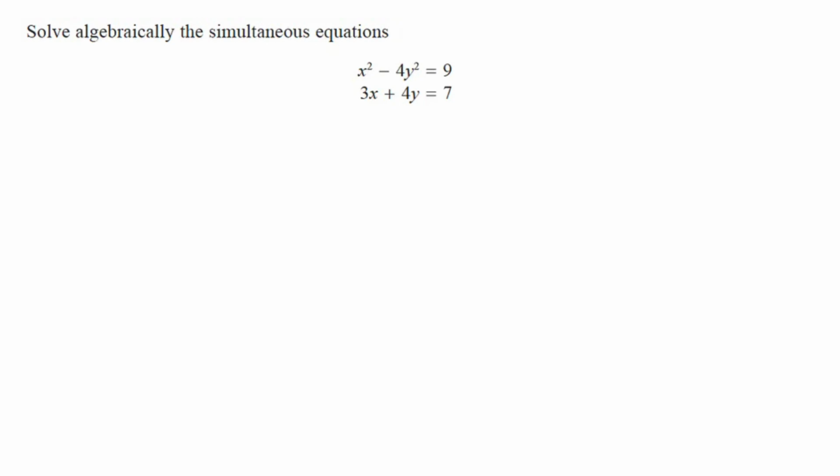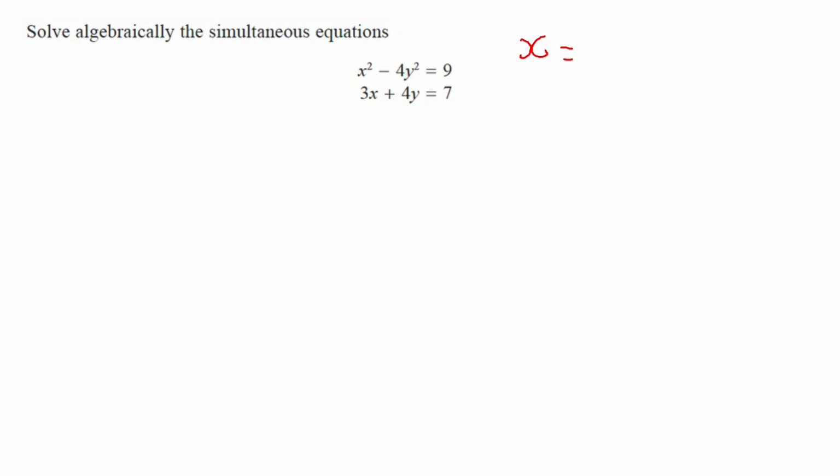So first thing we're going to do is we've got one linear and one quadratic. So we want to rearrange this linear equation so that it's x equals or y equals. The reason for that is because we want to substitute this value into the quadratic. So I'm going to go with rearranging to make it as x equals, but if you do y equals, that's also absolutely fine. So when I rearrange it, I have got x equals,